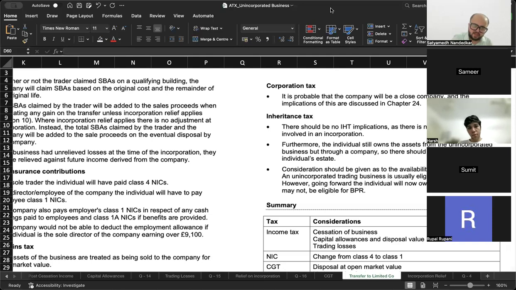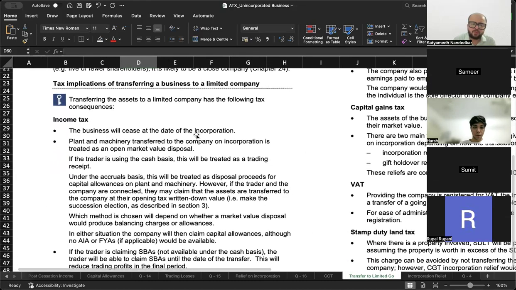गिफ्ट होल्ड ओवर रिलीफ, यस इट इज देयर ओनली इफ द सेल इज एट अंडर वैल्यूएशन। सो हर केस में गिफ्ट होल्ड ओवर रिलीफ है ऐसा नहीं है, बट सी दिस इज ट्रांसफर टू अ लिमिटेड कंपनी, यहाँ पे गिफ्ट होल्ड ओवर तो हमने बोला भी नहीं ना।